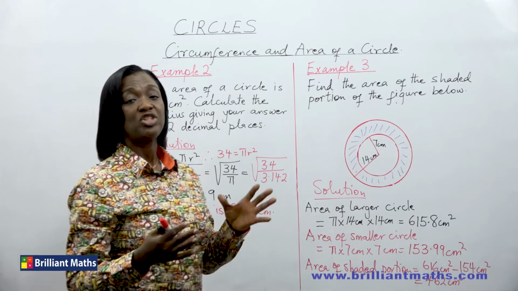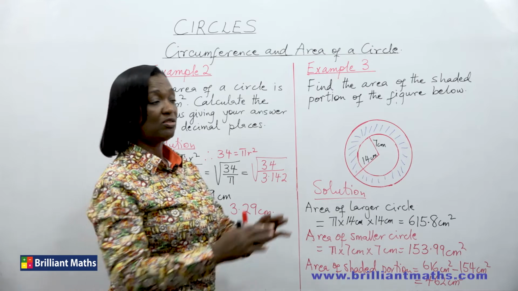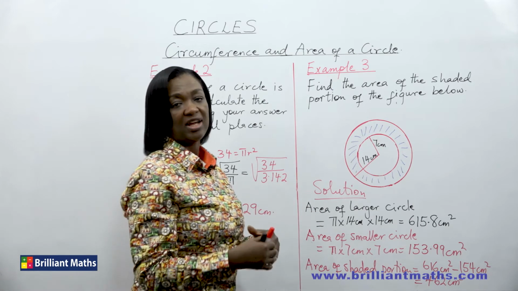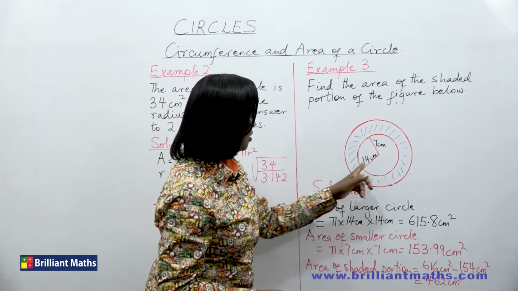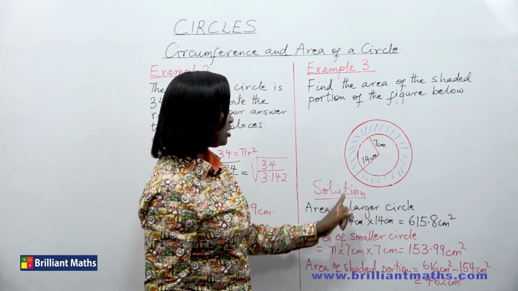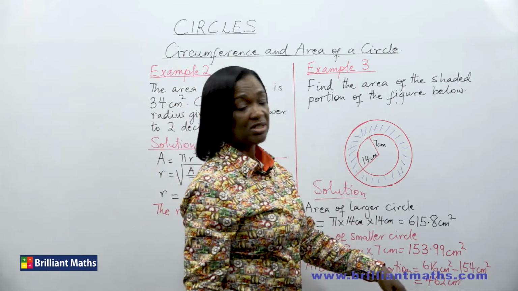Most times when you have shaded portions, it's very easy to find, because you just find the areas outside the borders and inside, and then you find the difference. So here, area of larger circle is pi times radius squared. The radius is 14. So pi times 14 centimeters times 14 centimeters, and that gives us